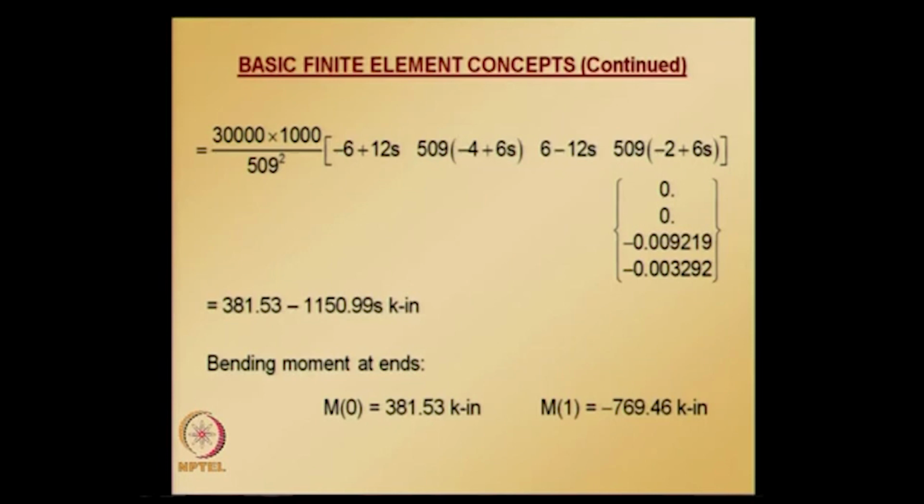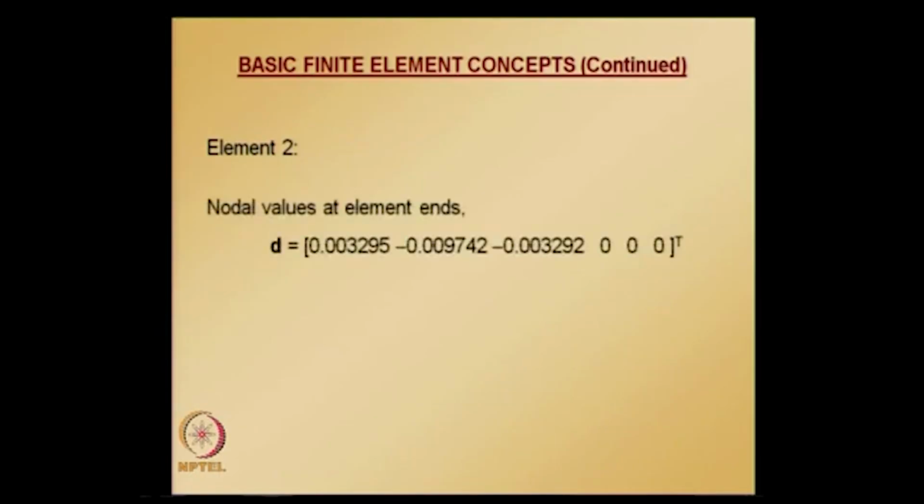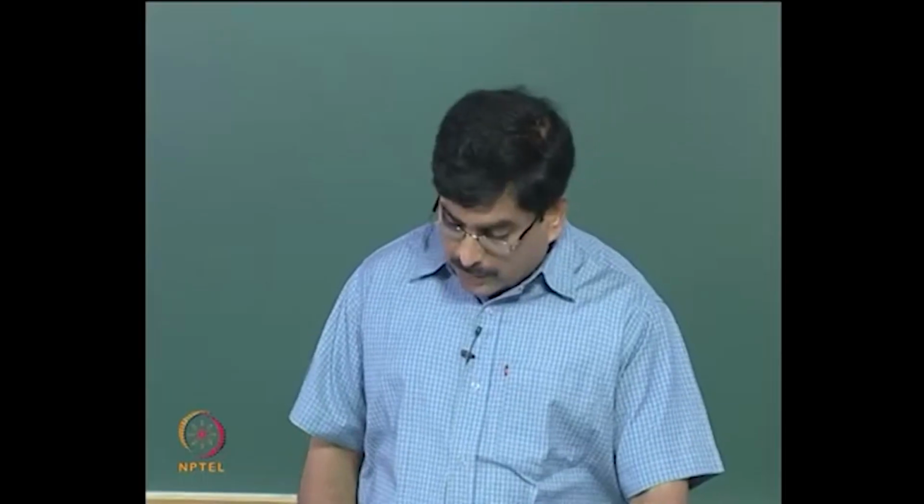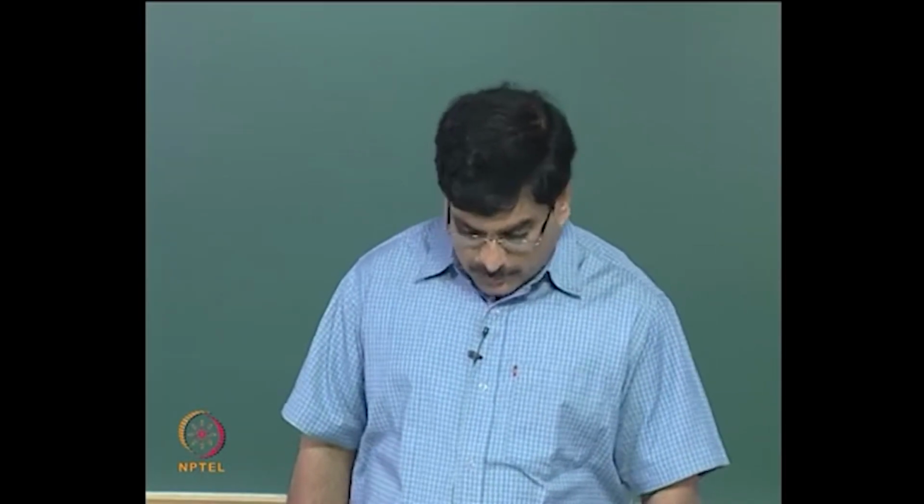Similar calculations we can repeat for element 2, only thing is we need to take corresponding degrees of freedom for element 2, the nodal values at element ends, and the transformation matrix here is the identity matrix. So, local nodal values will be same as nodal values in the global coordinate system. Using these nodal values, we can calculate axial force,